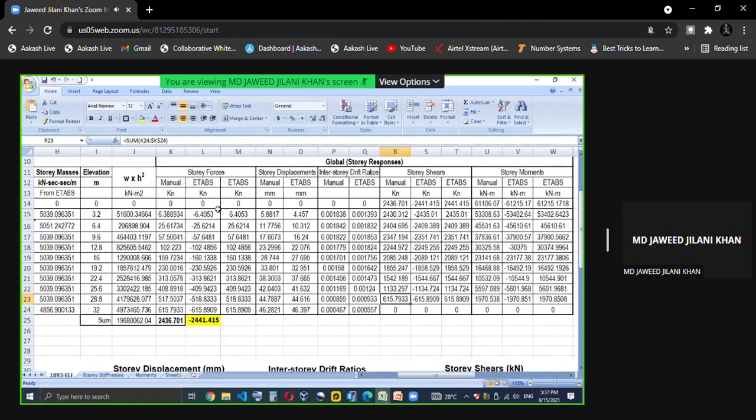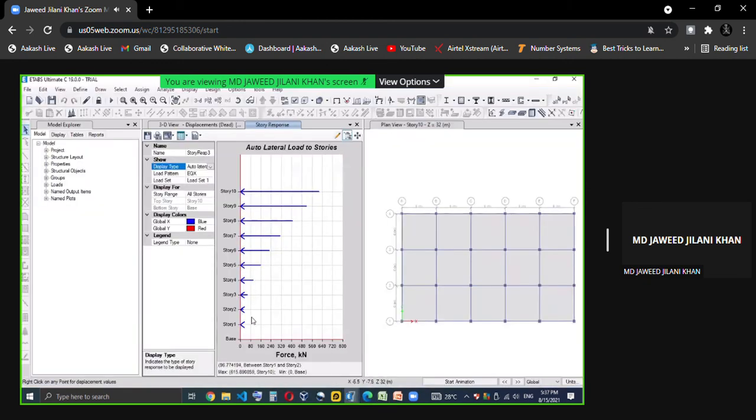We have the story forces here, 615, and that is 518. So this force is 518. 518 multiplied by 32 minus 3.2, which is 29 something. So this force into this distance plus this force into this distance. Adding all of them, taking moment about the base, you will get the total moment.